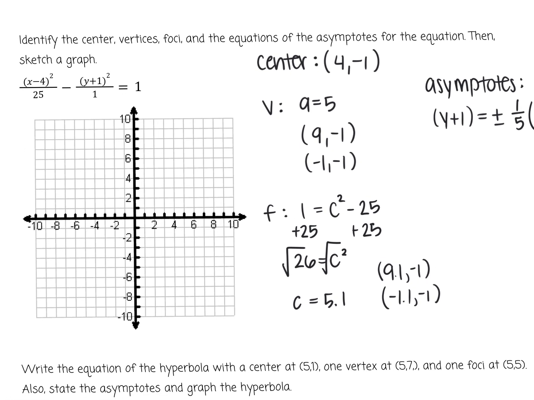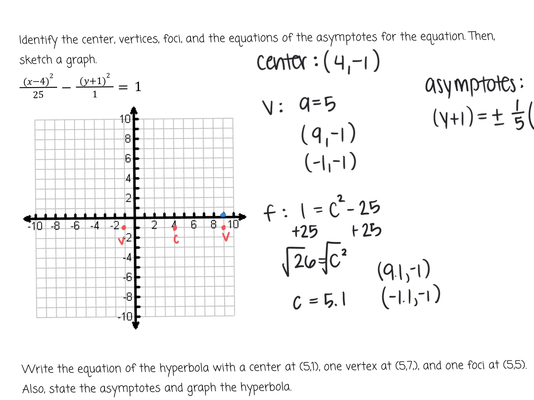So I'm going to start with the center, which is at (4, -1). Then our vertices, which are going to be at (9, -1) and (-1, -1). So vertices, center. Now we're going to apply our asymptotes. So we're going to start at our center, and the slope of our asymptotes is 1/5. So we're going to go up 1 over 5,